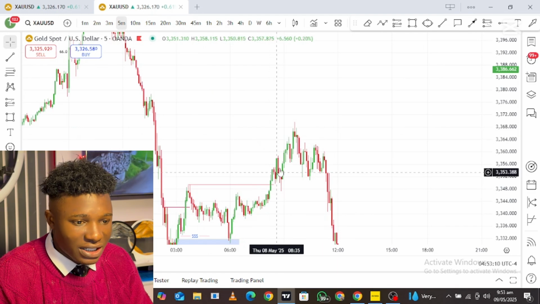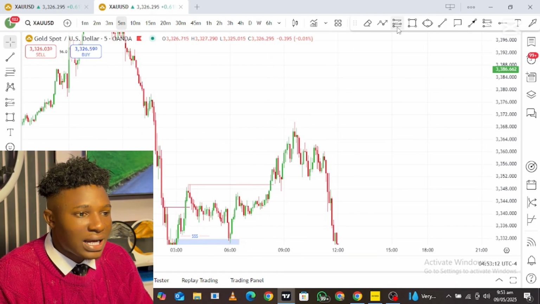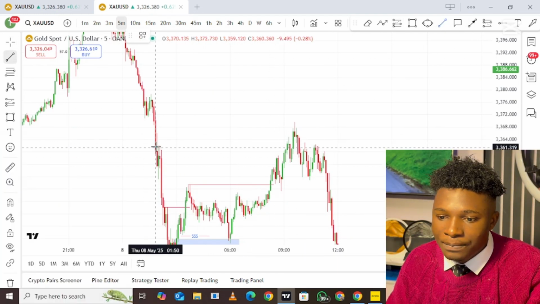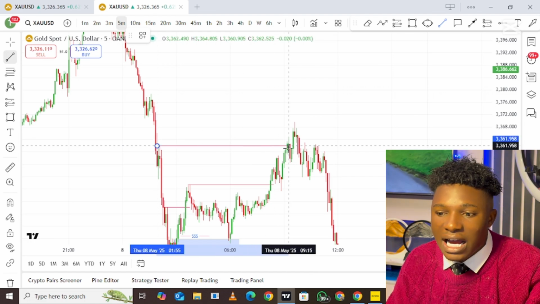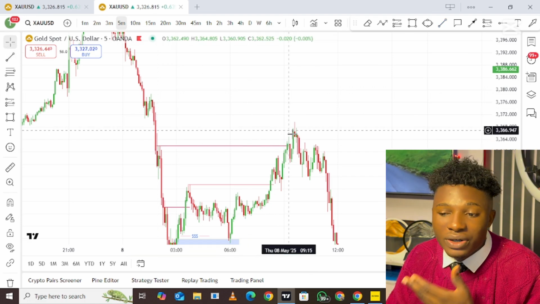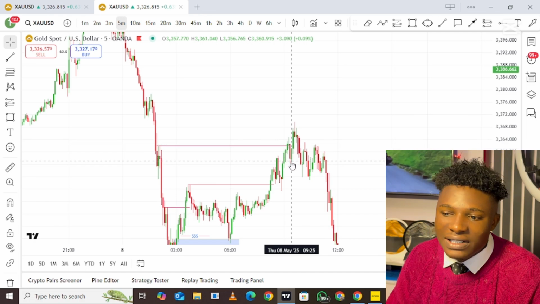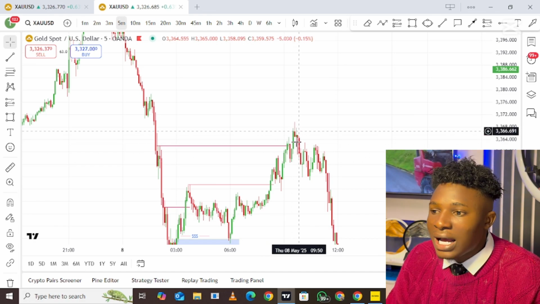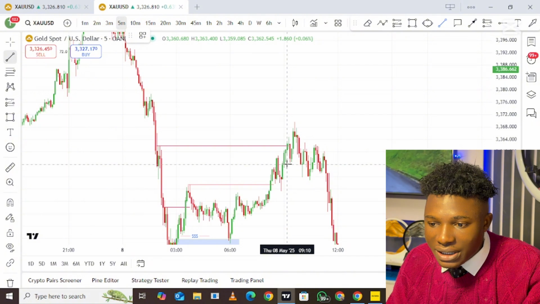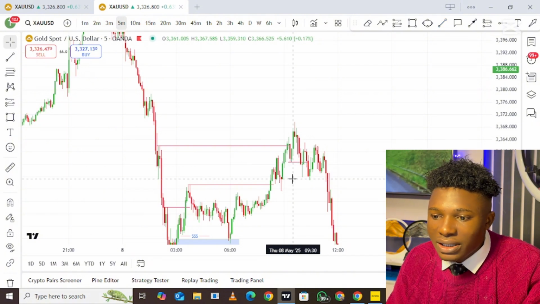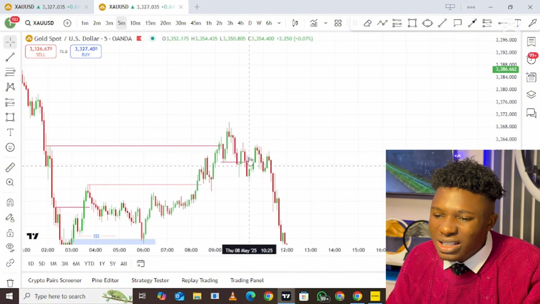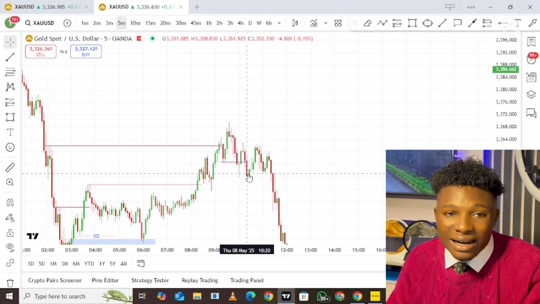So when price got to this particular area, price ended up taking out this high right here, okay? Immediately price took out this high, I was waiting for price to react. Price did that, and then after that, price started going in a bullish direction and ended up taking out this particular liquidity right here. Since price took out this liquidity, I was not expecting price to come all the way down again.